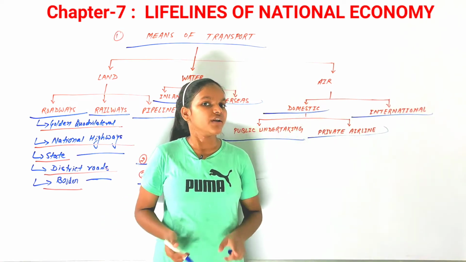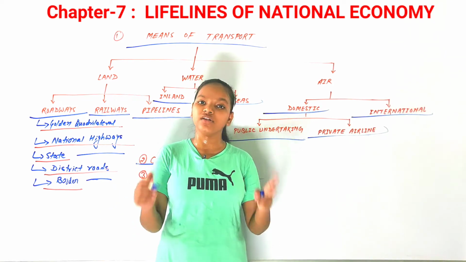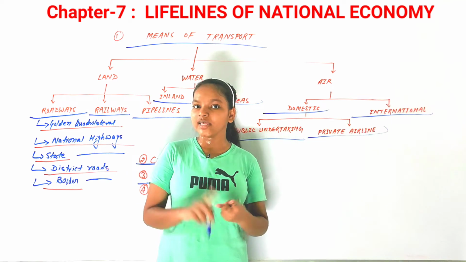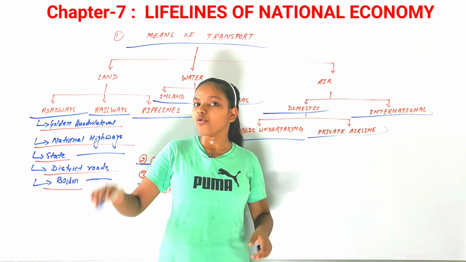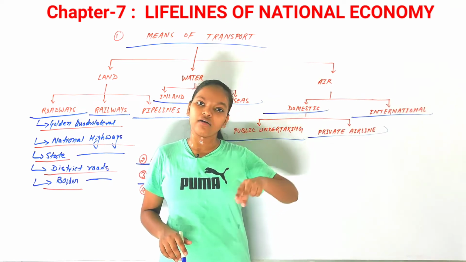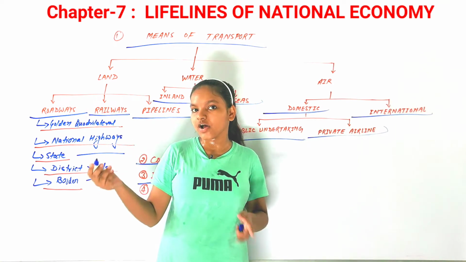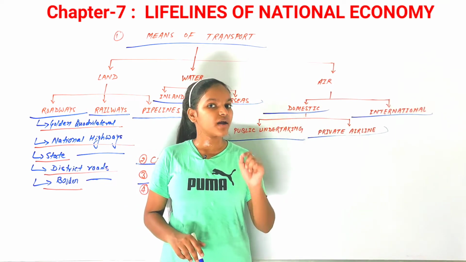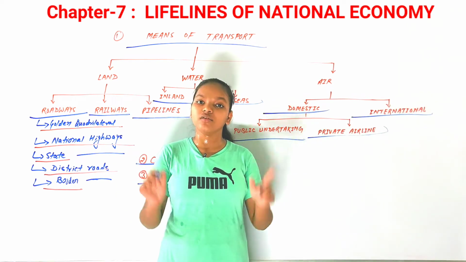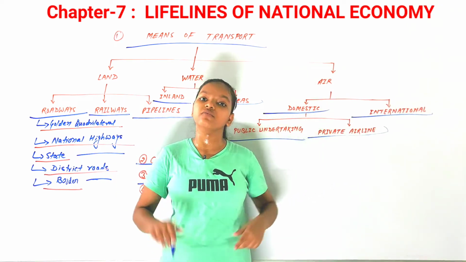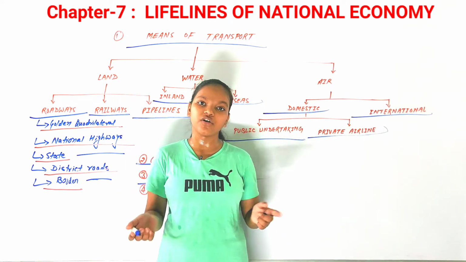Now, in international trade, as in all countries, there are two parameters, that are export and import. Imports are the goods and services that are sold in our country from other countries, and exports are those that are sold from our country to another country. So these are two important parameters of international trade. And the rate of development depends on the difference between the export and import rate of a country.